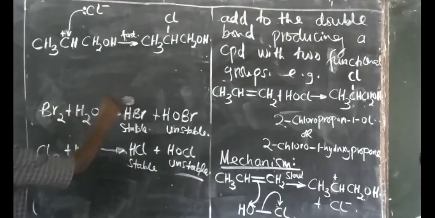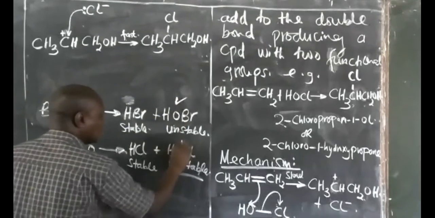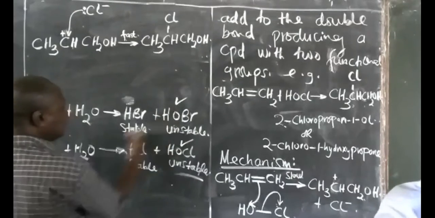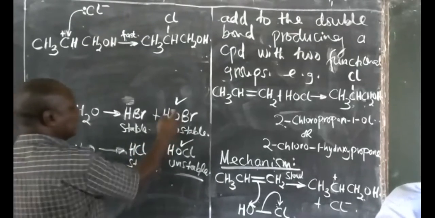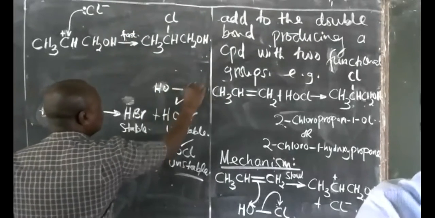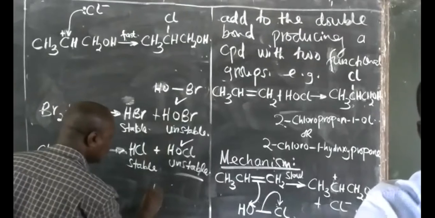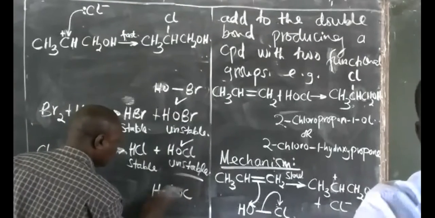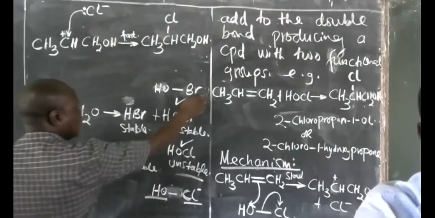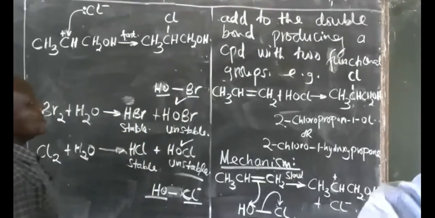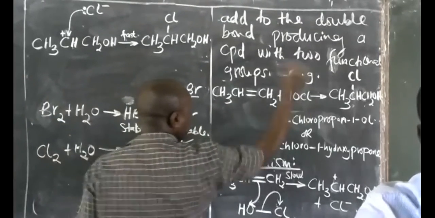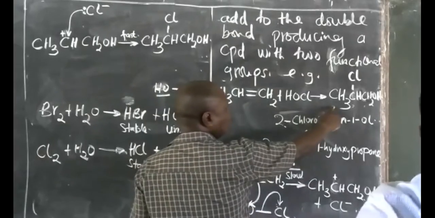Now, it is this one here, or this one, which attacks the alkene. That's why I say that you get a compound with two functional groups. So we have the OH group and then the bromide group. Even here we have the OH group and then the Cl group. We have the halogen hydroxyl group. So if propene is reacting with HOCl, it's going to give us CH3,